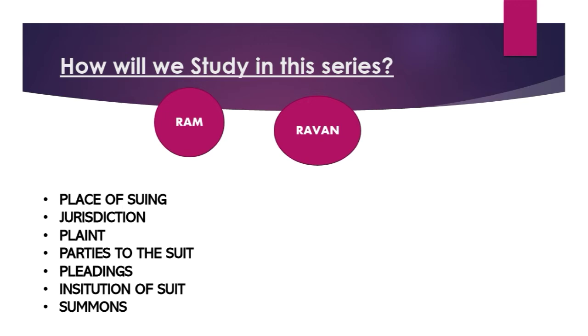Now suppose Ram stays in Kolkata, and after we have learned the jurisdiction chapter, we find that the case will be instituted in Kolkata itself. Okay, fine. Now what do we have to do? We have to draft a plaint. We have to write everything Ram wants to say in his case, or what kind of reliefs he wants to make. Now for drafting a plaint,